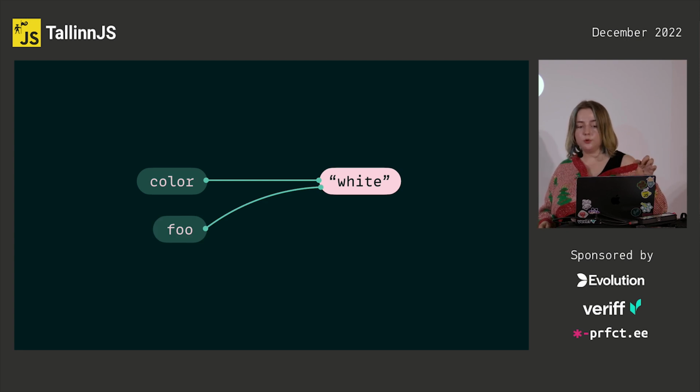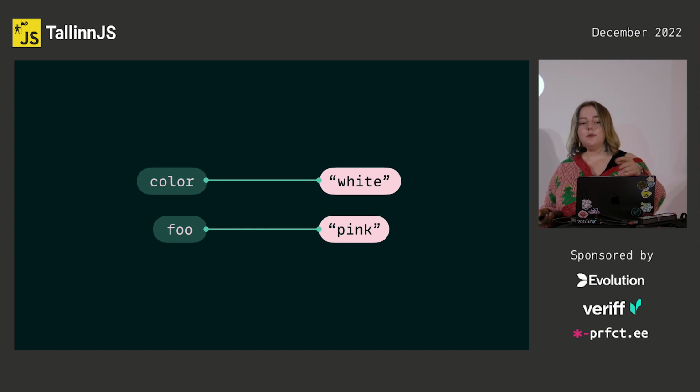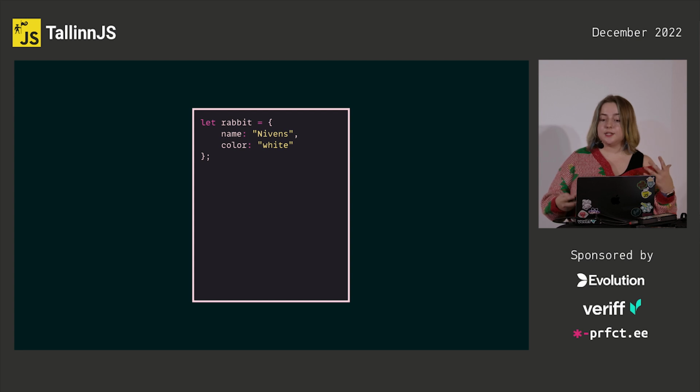And when we are creating foo initially, it just connects to the same place. And when we are changing, the wire just moves to a different location. Let's explore another example and look at how objects work within the memory itself and dive a little bit deeper